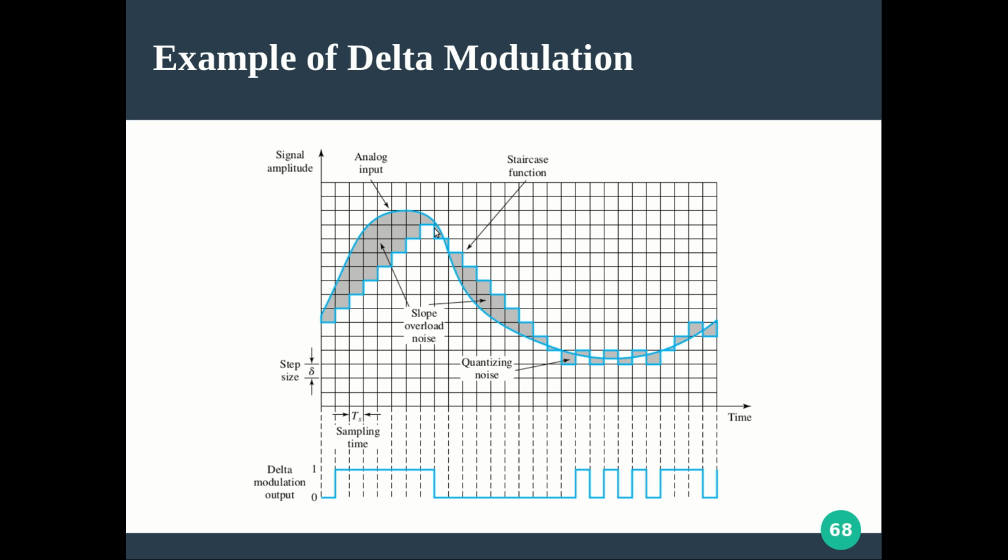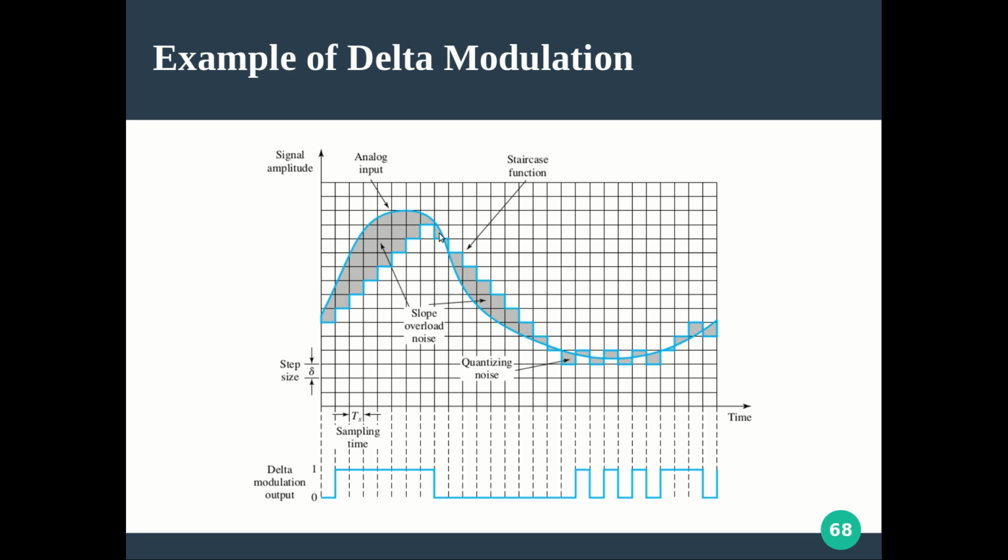Equal or less means you have to do a down movement. Up, strictly up, means you have to give an up movement. So that is how we are creating our algorithm. Here it is an equal movement, so I moved the staircase function down. Now this is my staircase function, this is the sampling interval.